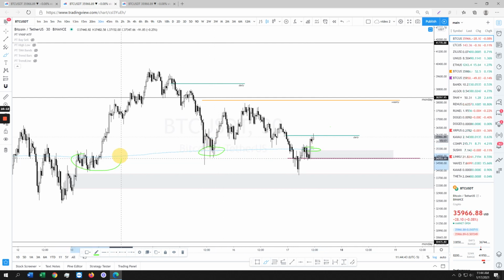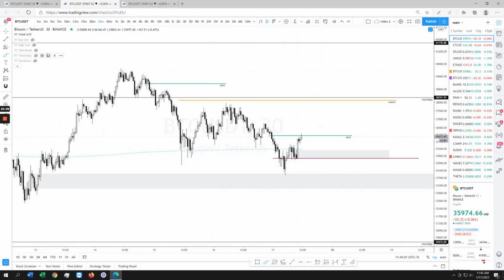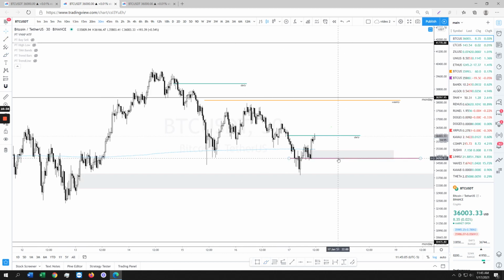Very important. Consolidation under it usually leads to a break above. Consolidation above it usually leads to a break above as well. Depends on if the wicks are under it or if you're getting candle close under it, right? There's a difference, right? If the wicks are under the VWAP, it's very bullish. So what am I looking at right now with the VWAP? I think that we're going to get additional firepower to go higher. That's all I'm thinking right now. That's why I'm sitting in scalp loss. 10, 20, 30, 40. Okay, cool. So there goes my VWAP.